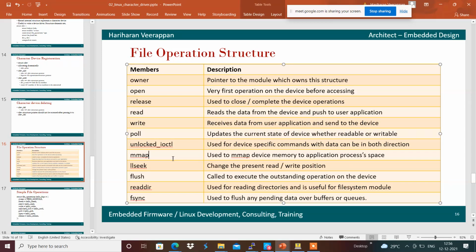We will see how we can implement the poll function in our device driver. In order to do that, I will check the file operations over here.